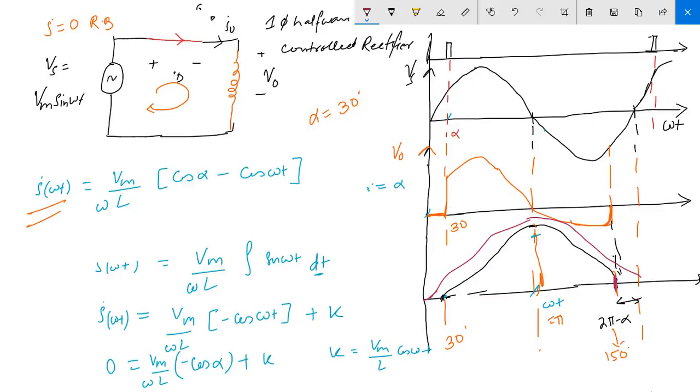Okay, so this is the most important problem. This is the most important load because in GATE they ask you this only. Those who understand this, you can put the alpha value here and verify it, and then you can analyze the waveform. I'll give you one numerical to try.